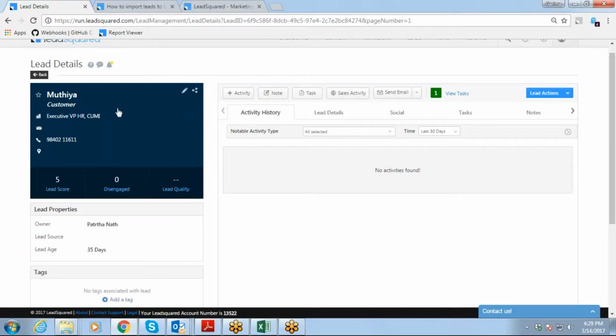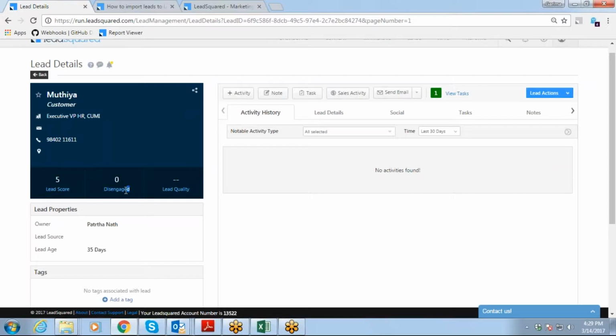See, whenever you view a lead, so for example, today you are given 10 leads to work upon, right? So you open this V card, you are able to see the lead score. This lead score will tell you how much the lead is interested in your product, right? So you have had a phone conversation, that will give a score to this lead. That +2 is given, you had a phone call, they showed interest, right? Then you send them an email, they click the link in that email, they'll get another +5 for that. So this lead score keeps on increasing and increasing as the lead becomes engaged with your product, right?